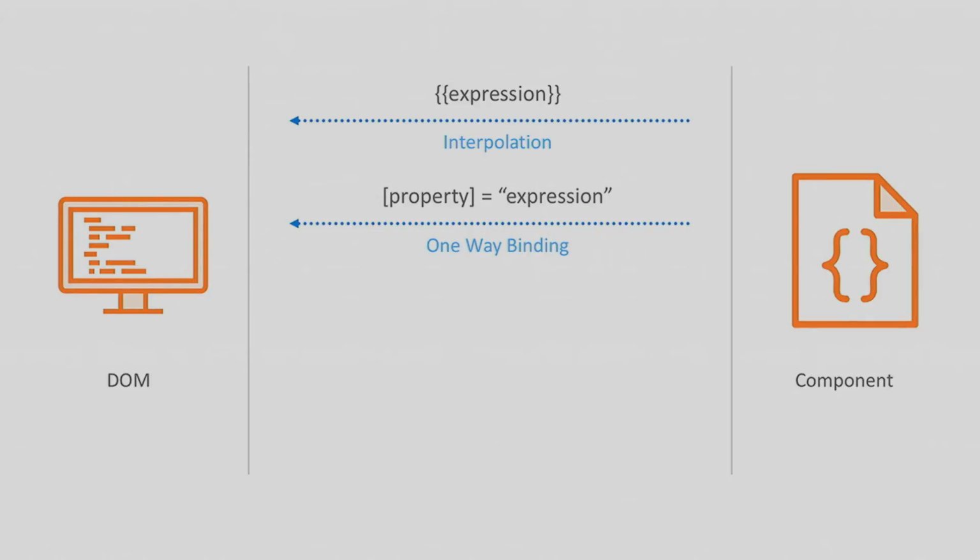Then we have one-way binding to a property. We use the square brackets to define that this is a binding expression one way from our component up to our DOM. And we can bind to any HTML property. Any HTML property. Now, one of the things with Angular 2 that was interesting was I had forgotten a little bit of HTML for a while. I actually had to go back and look at the spec to figure out which properties it had, and there's just dozens of them.